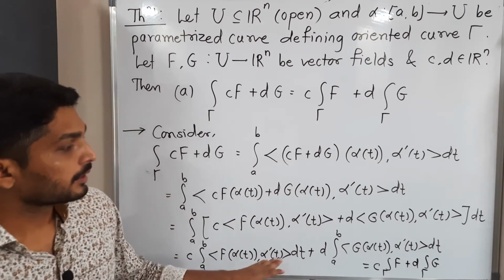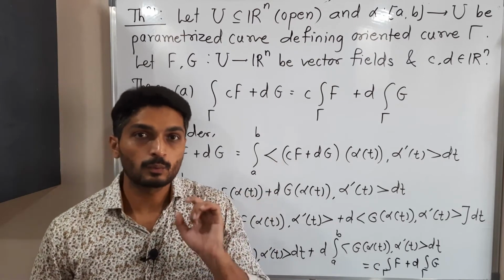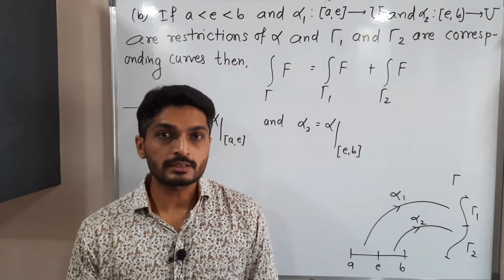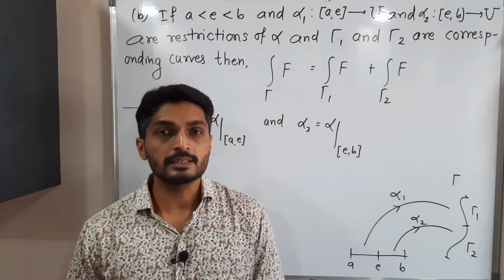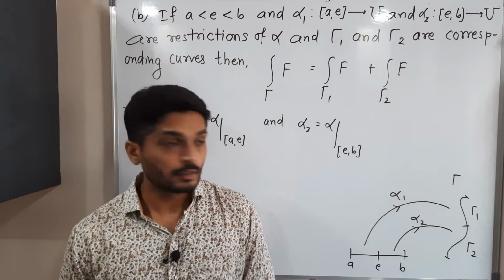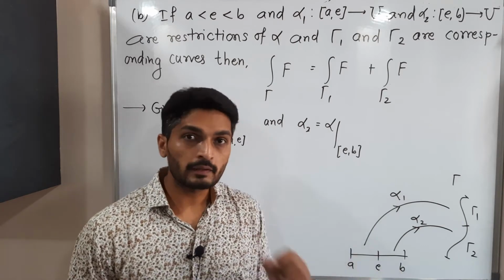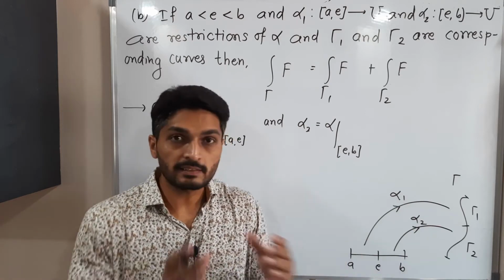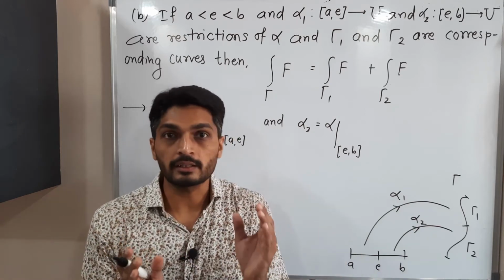After that, we are going to discuss one more property. Make a screenshot of it, then we will go further. So let us discuss this second property. In the second property, what have they done? Between a and b, they have introduced one point e. So because of e, this interval [a, b] is divided in two parts, [a, e] and [e, b].